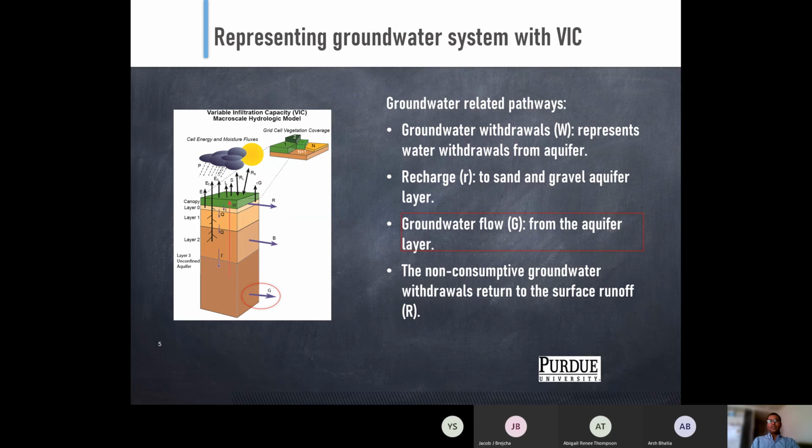Then also any non-consumptive groundwater withdrawals return to surface runoff. By that, what do I mean? Like we are withdrawing water, right? Say for irrigation, I am withdrawing 100 gallons of water. Then most of the water will go to the nearby surface water, like the rivers. It will stay in the system, right? So we are not consuming that part. Okay. Another example would be thermoelectric power plants. They use lots of water. Okay, but most of it goes directly to the surface water system. Okay, so we are also calculating that part. Okay,